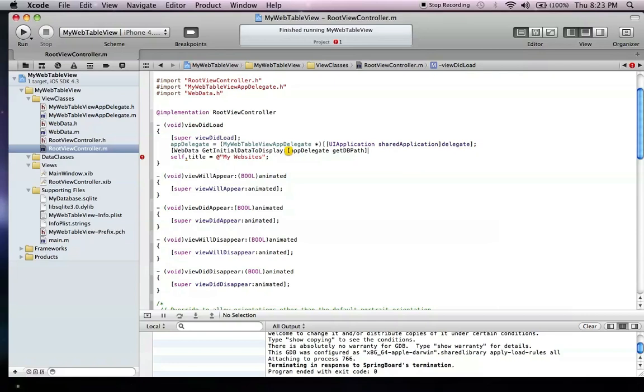Get database path. Close it off, everybody's happy, and save it. So what happened here? Now in the viewDidLoad method, be very careful here. The first thing we do is we get the initial data that we need to display. If that data changes during the program, think about this for a moment. If I add or delete something, and it happens within the application's runtime when it's running, the big question is,